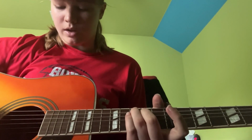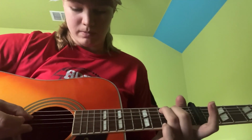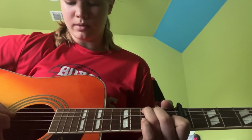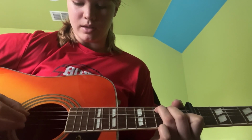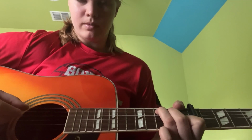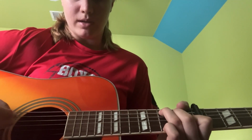So it's bass note, and then you're going to do what the bass note is, so the C, and then pluck the D and the B string at the same time. So bass note, and then those two together, like that. You can use the thumb for the bass note, and then this is ring and thumb. Then you go bass note and another pluck, and then bass note and another pluck, going up the strings this way. So it's bass note, D and B, and then